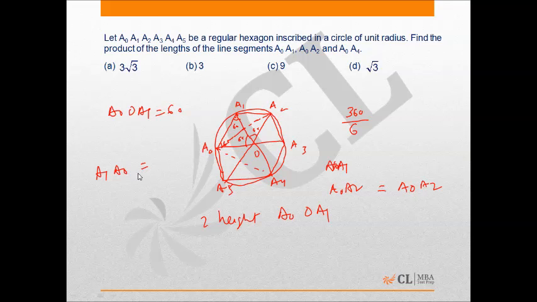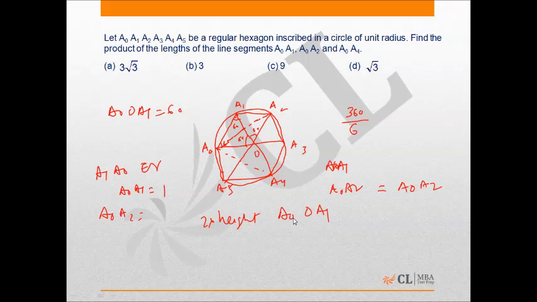So the length of A1A0 will be equal to the radius of the circle, which is of unit radius. So A0A1 will be equal to 1, and A0A2 will be twice